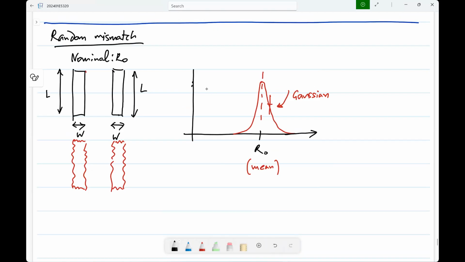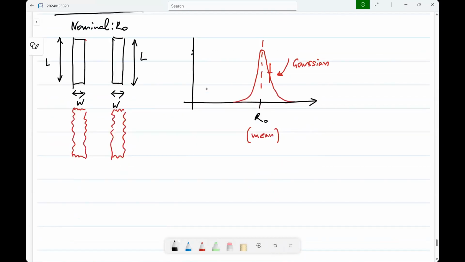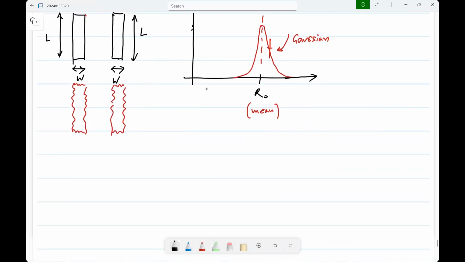So the mean here will be the nominal value that you want to design, and you want to know what the variance is. Okay. For instance, it may be for various reasons. It may be to just specify